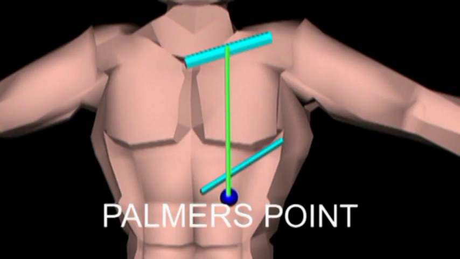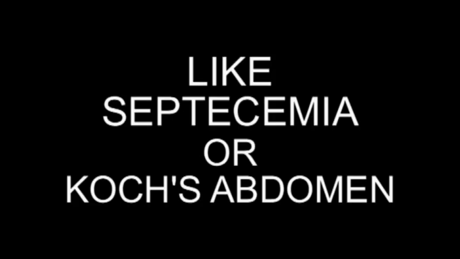For example, there are several contraindications of Palmer's point. For example, hepatosplenomegaly, portal hypertension, gastropancreatic mass, huge gynecological mass, type 2A adhesions due to infective pathology like septicemia or